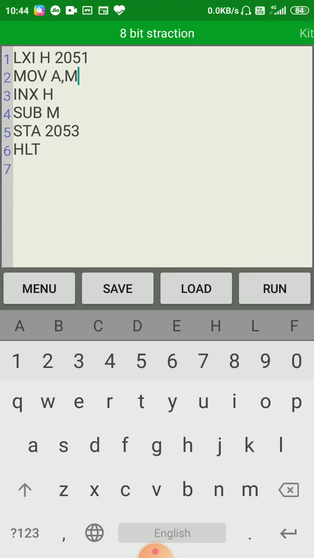So here we have used the instruction LXI H, 2051.